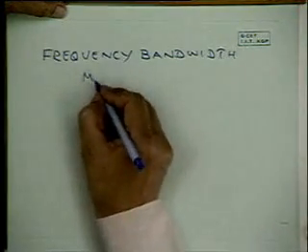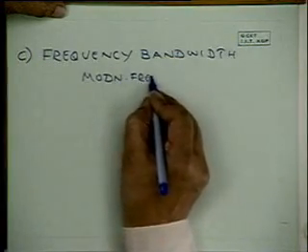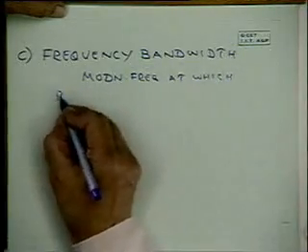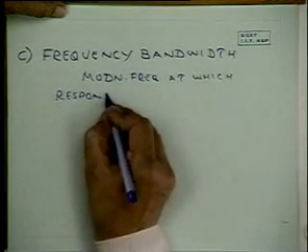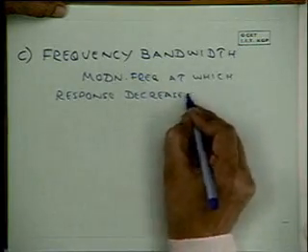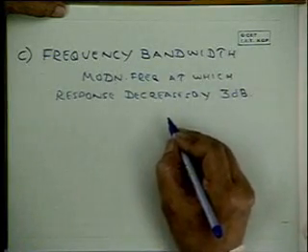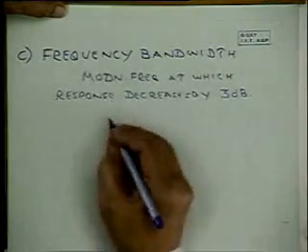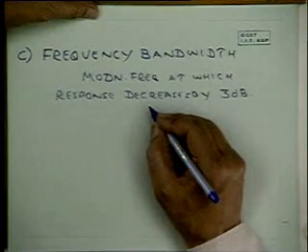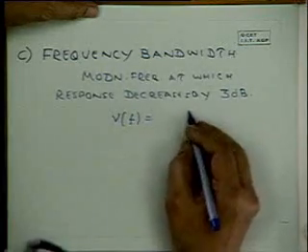This is the modulation frequency at which the response decreases by 3 dB from its maximum value. And if tau is the response time, then the frequency bandwidth is given by